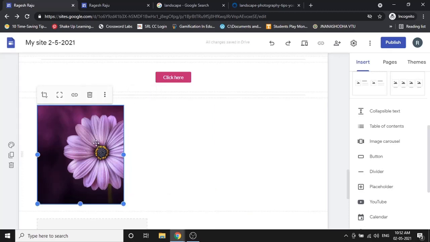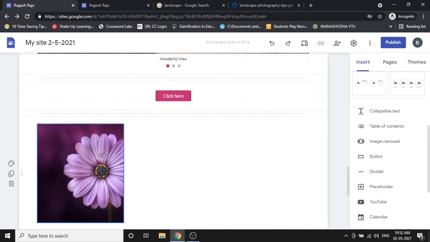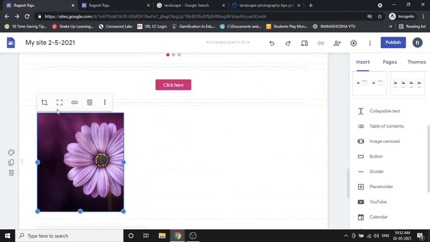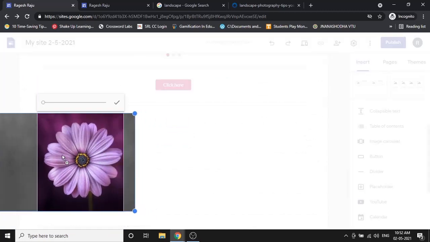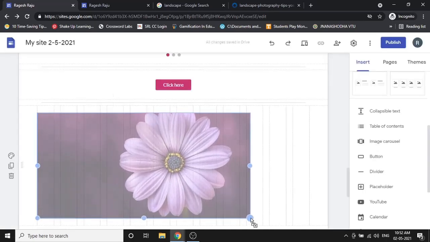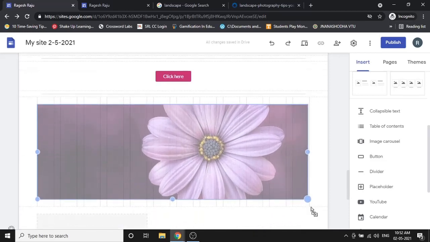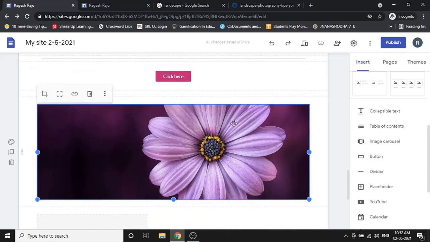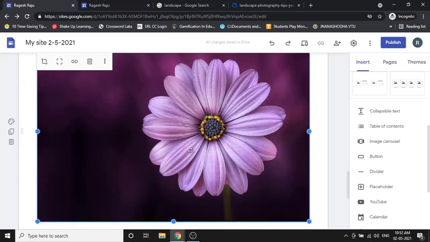Okay. One more thing, whenever you add an image, first see this particular image. When I go to crop, this much portion is cropped, right? So this is how the image looks. If you want to adjust the size, you adjust the size accordingly. So I want the size something like this, but the image is cropped here, right? If you want to uncrop it, but the size should remain the same, there's an option called uncrop. So when I click on uncrop, automatically the image gets adjusted according to the size of the image, right? So that is one more option.